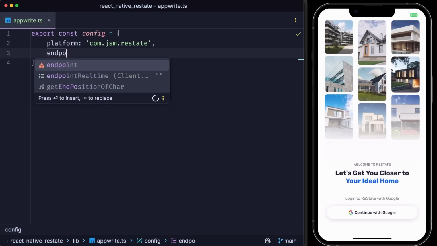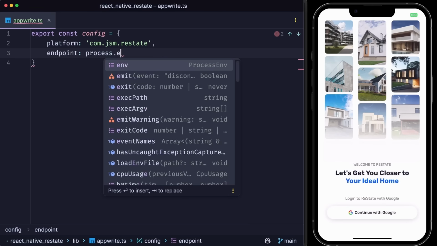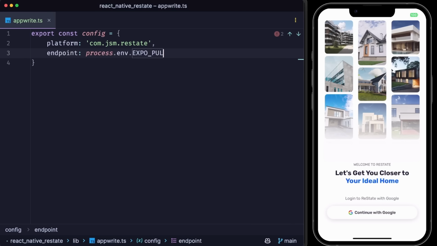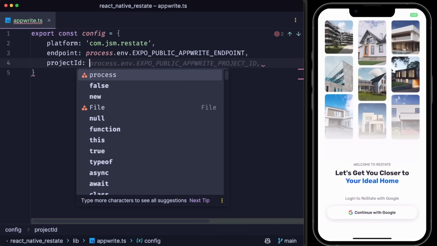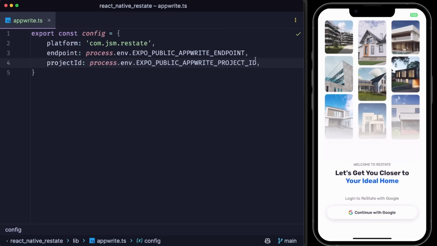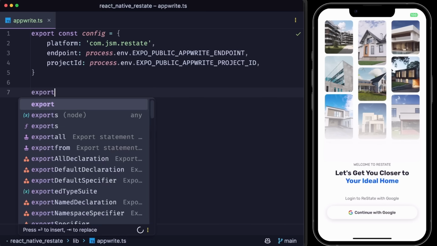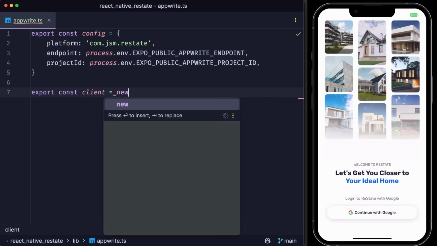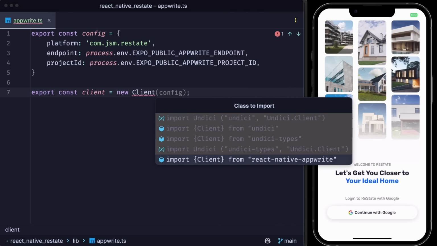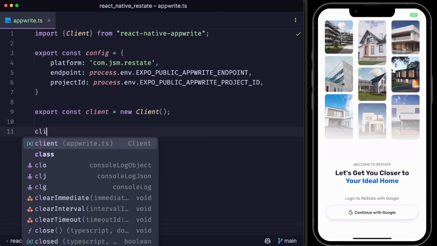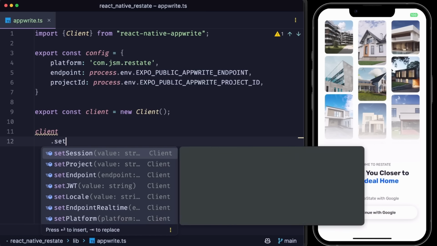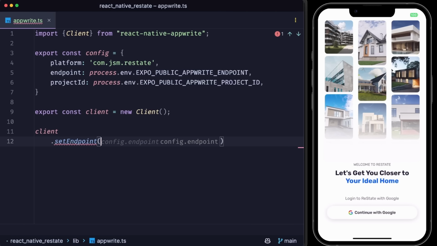After that, we can define an endpoint, and that's going to be equal to process.env.EXPO_PUBLIC_APPWRITE_ENDPOINT. So we're simply referring to our environment variable. And then we can have another one for the project ID, which will be equal to EXPO_PUBLIC_APPWRITE_PROJECT_ID. After that, we can define and export a new version of the Appwrite client by saying export const client is equal to new Client. This client is of course coming from React Native Appwrite. And then we can say client.setEndpoint to be equal to